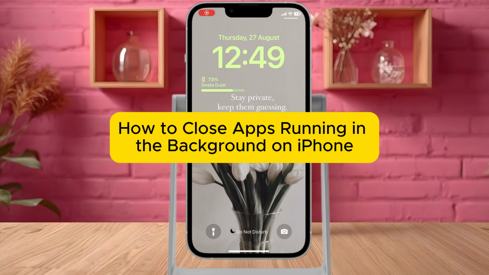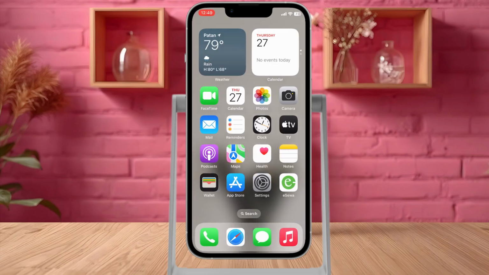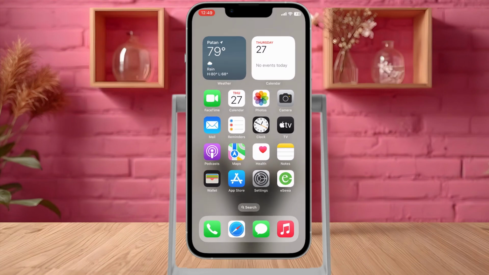How to close apps running in the background on iPhone. In this tutorial, I'll show you how to close apps from the app switcher. First, unlock your iPhone. If your iPhone has Face ID, swipe up from the bottom of the screen and pause